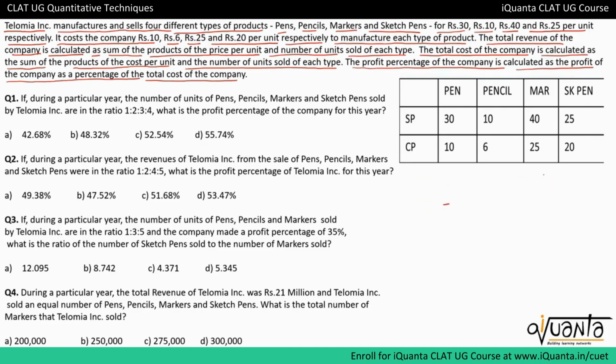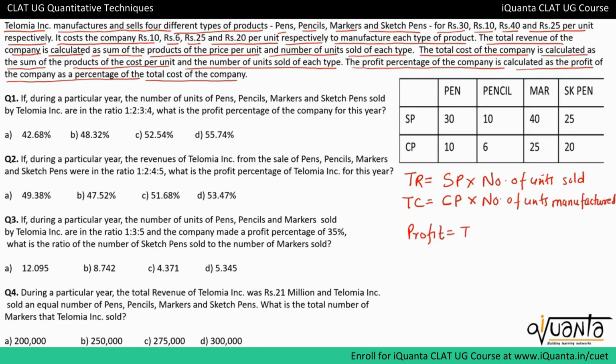Now we have the total revenue here, which is the sum of product of the SP and the number of units that were sold. Then we have the total cost with us, which is equal to the cost price per unit and the number of units that were manufactured. And finally we have the profit, which is always total revenue minus total cost. So we have tried to put the selling price per unit and cost price per unit of each product into